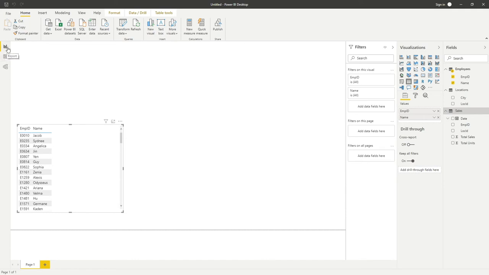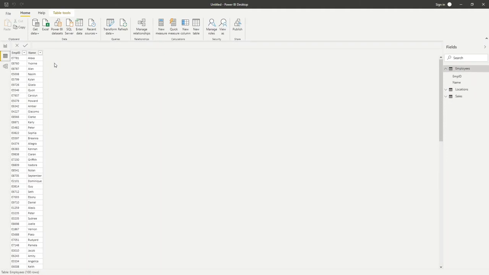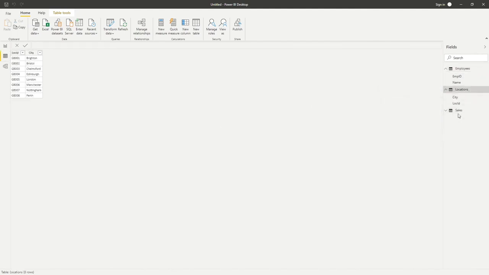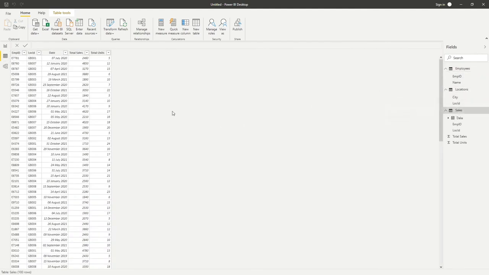So the first option we have on the left here is the report. So the report tab is what we have here. It's our dashboard page where we can bring in various pieces of information, whether it's tables or graphs, and summarize them on the page. If we go into the second one, you can see this is actually the data. So this allows us to have a very similar view where we've got the navigation on the right-hand side, but it allows us to have a better look at each data set. And you can see sales has got a bit more in it for us to look at,